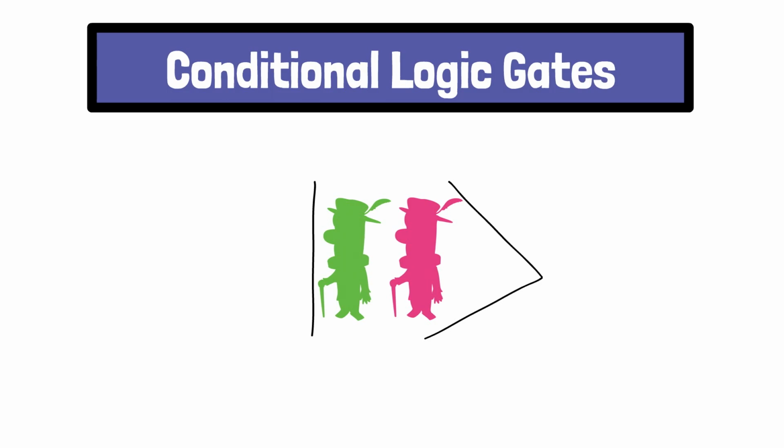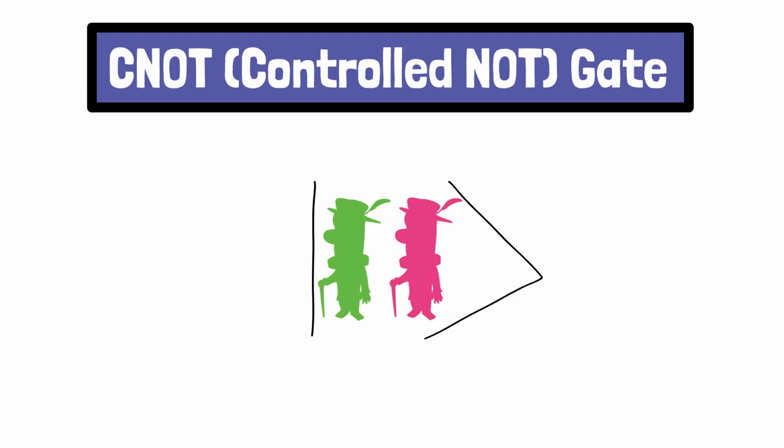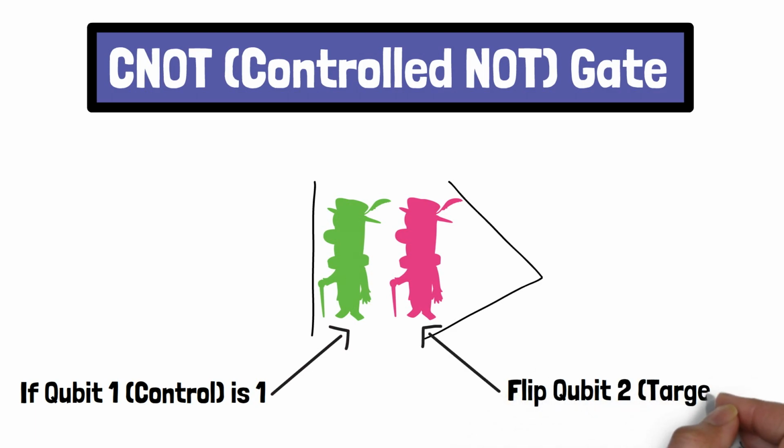If the initial state is such and such, then perform a certain operation. This is the same thinking as the classical conditional logic gates that operate on bits, except now with qubits. For example, a very important conditional logic gate is the CNOT gate, which stands for control NOT gate. The CNOT looks at the first qubit in the system, known as the control. If the control is in the 1 state, or down, then it flips the second qubit, which is known as